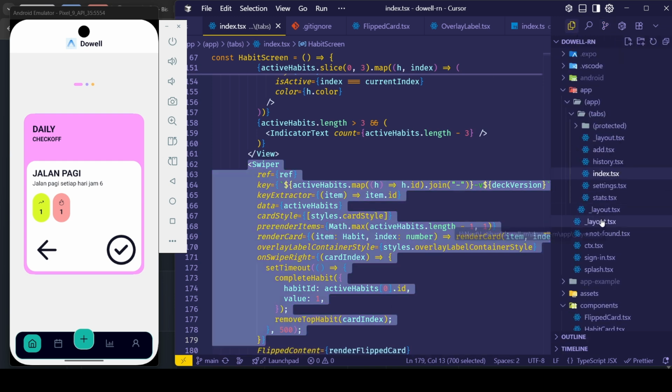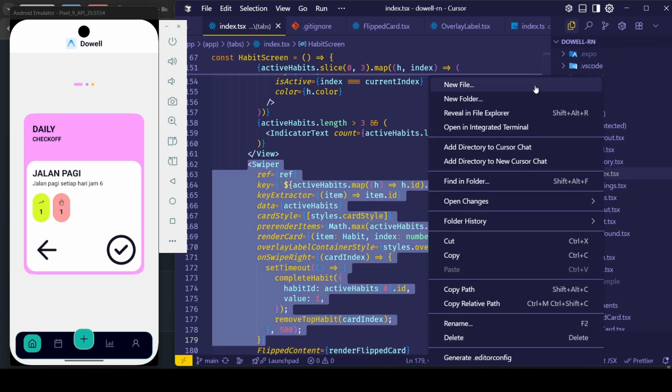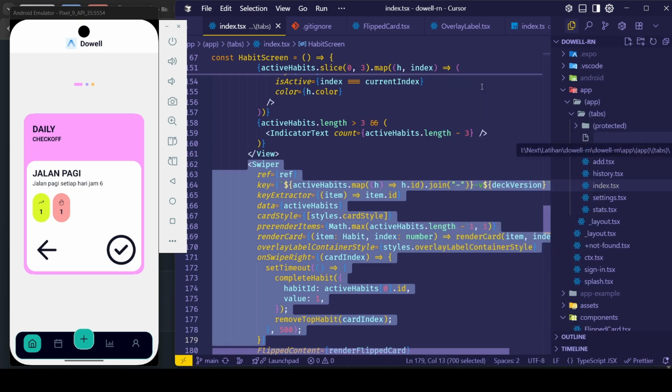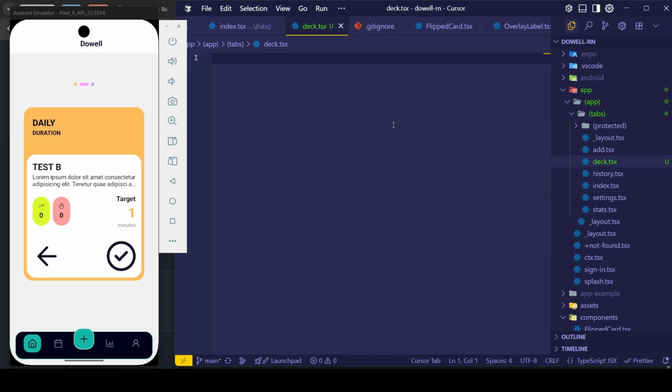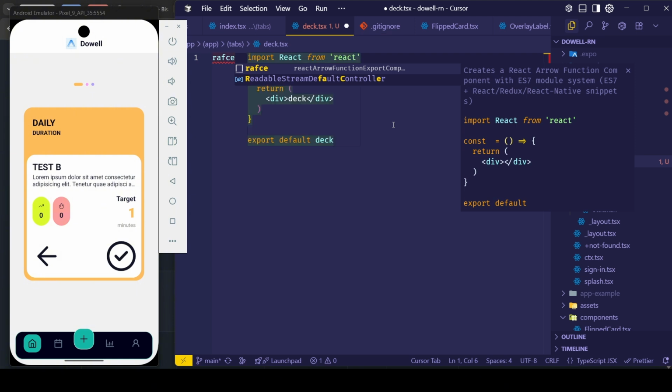Maybe we can make a new screen for the default component. What I change a lot for my purpose is the swipe deck card. So I want a deck TSX, and right now we can just make it like this.